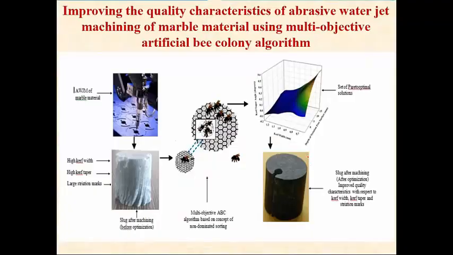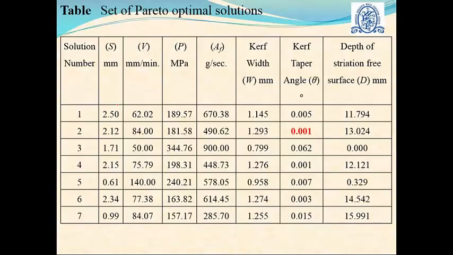And you can see now the abrasive water jet machining itself can give this type of product. Originally the product was like this, manufactured by the particular industry. But now when we apply this process, you can see a very large difference, because here we consider kerf width, kerf taper, and striation marks as multiple objectives. We applied this multi-objective artificial bee colony algorithm to solve this problem, and you can see this is the set of Pareto optimal solutions, which is graphically shown over here, and the same set of solutions is obtained over here.